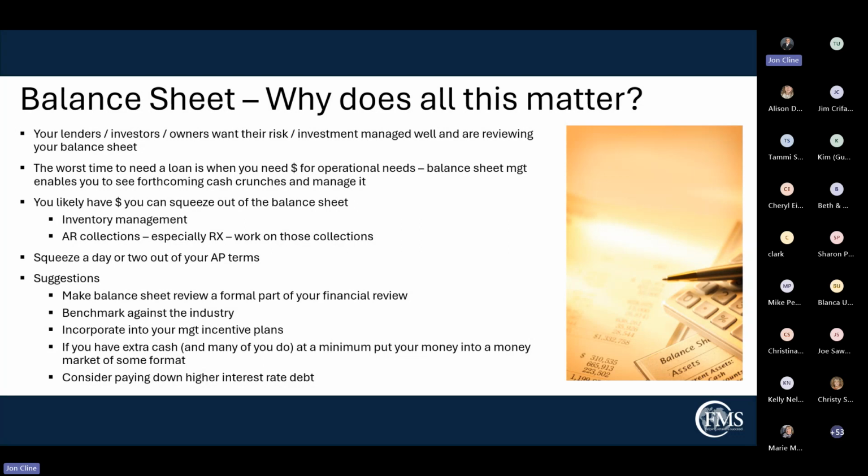I've worked in turnaround situations many times in my career. The worst time to need a loan is when you need money for operational needs, i.e., I can't make payroll this week, I can't pay my vendors. So balance sheet management allows you to see that crunch coming. If you get out in front of it and go to a lender and say, look, we're very profitable, I simply have a cash crunch. I can see it coming in 60 days. Maybe I've got a loan coming due, or I've got to pay taxes. They're much more likely to give you the loan you need and at advantageous terms if you're ahead of that, as opposed to coming to them